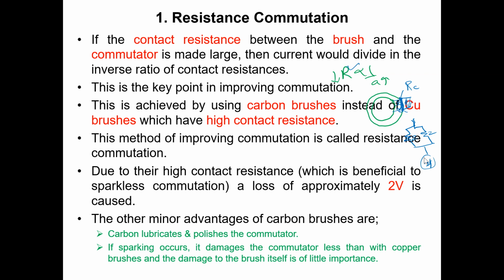That means the takeaway point is that replacement of carbon brushes is much easier and less costly as compared to replacement of the commutator. So we can go with this concept. The replacement of carbon brushes is easy. We only have to replace two carbon brushes. But replacement of the commutator of the whole machine will be difficult.